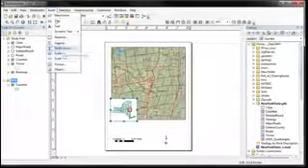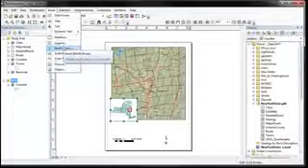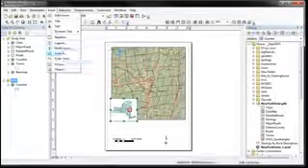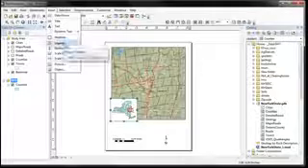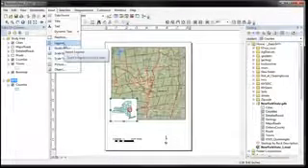Certainly we have legends, north arrows, and things like that, and those are going to relate to whatever data frame we have currently selected down here. So if I was to add a scale bar at this stage, it would be a scale bar based on the scale of this extent. And I'm not going to go into all of these. I just want to show you two pieces here